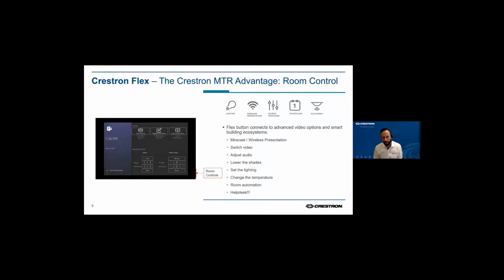Now, that UI that we're showing there is just an example of what you can do. It can be a fully custom UI. It can have several pages if you wanted to. And we can do that for any function in the room. That can be controlling the lighting or the blinds, source switching of different video sources, different cameras. We can schedule events. We can trigger via occupancy. Really, the world is your oyster in this regard. There is nothing to stop you doing anything in this space. But you can be sure that the default UI as you walk into that room will be the Teams interface.